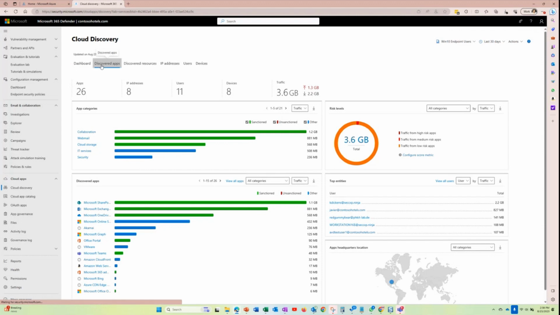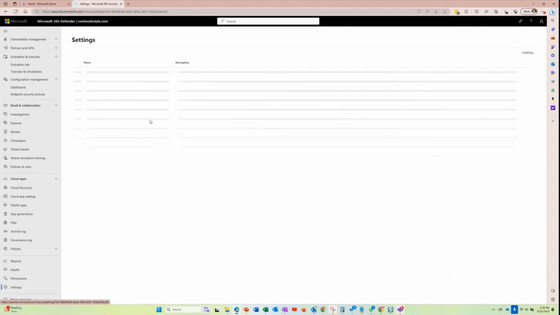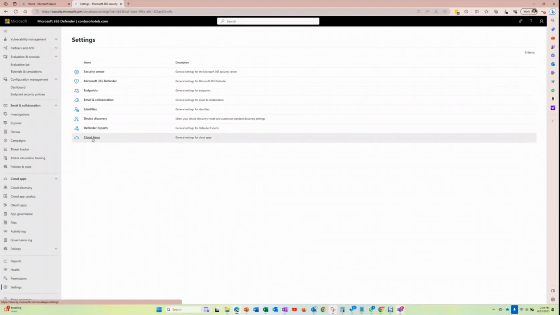But let's go into the discovered apps. So these are all the apps that have been discovered in this demo environment, right? So now you can filter them down in multiple different ways, which is super helpful. Obviously, you can go either by sanctioned or by unsanctioned. If you want to take a look into those where you have already made a choice, you can also go by risk score. Now, risk score is again a score that you can modify if you want. Like if you go into settings, and I believe it's in settings. If we go into cloud apps,